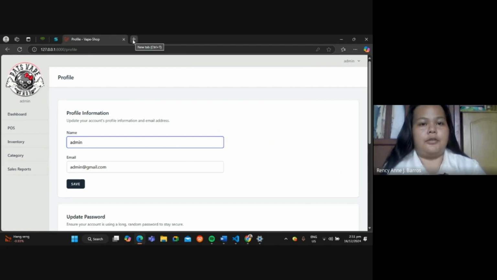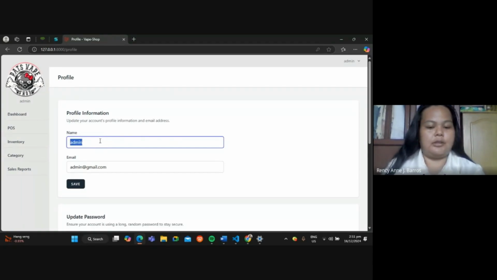The second functionality is changing the profile information functionality. Users can modify details such as name and email.